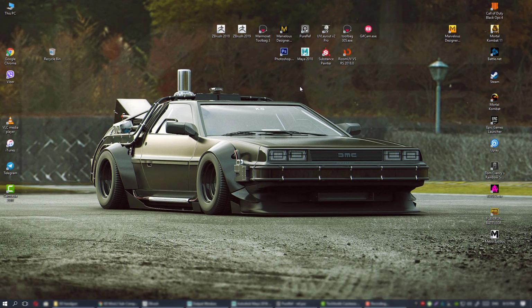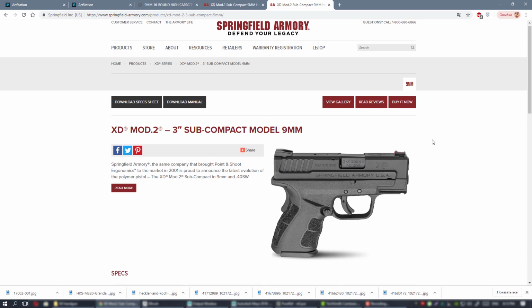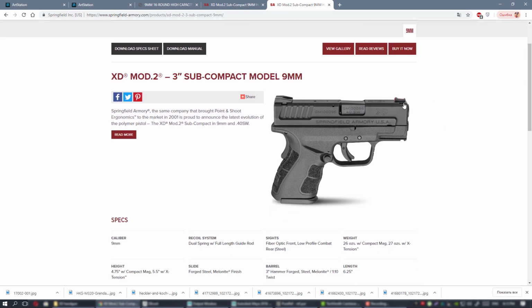Hi guys, in this video tutorial I'm going to demonstrate my working techniques in creating first-person weapons for video games. On the example of this particular gun, it's Springfield XD Mod 2 3 inches barrel subcompact model, caliber 9mm. So, this kind of gun is a good representative of a modern looking weapon, and there are some main challenges